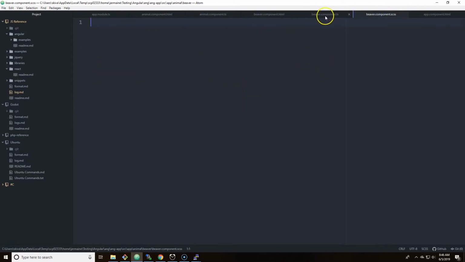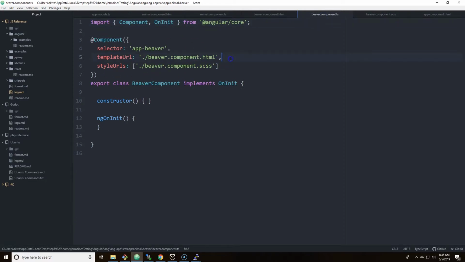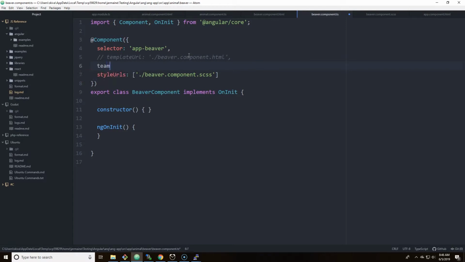And let's also try to do something interesting by using certain properties that you can implement in the component decorator. So here's a property called template. Template is pretty much like template URL, except you're not using the HTML. You're just outputting a simple line of code that you can create within a string. So within here, I could put, this is a beaver,